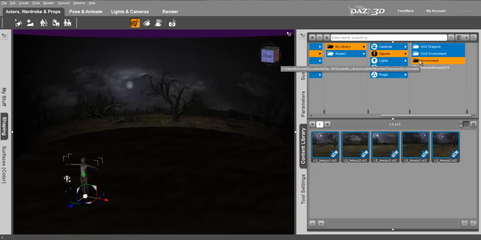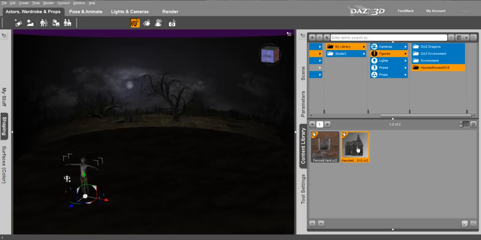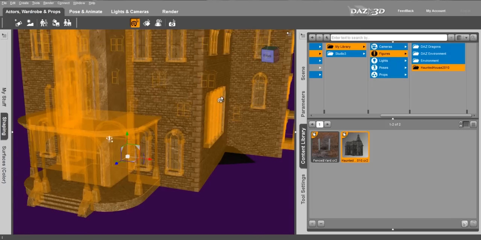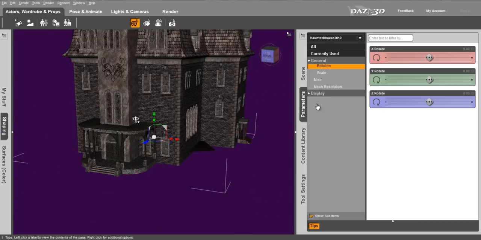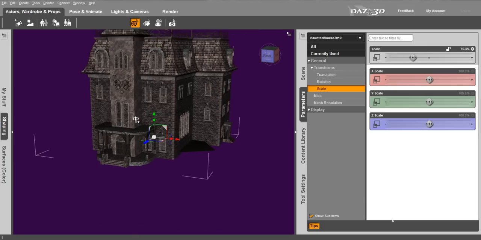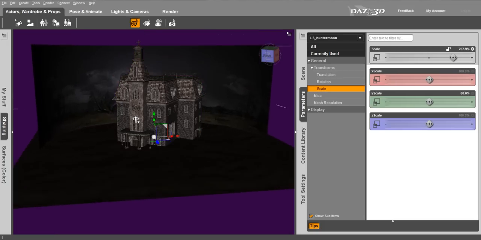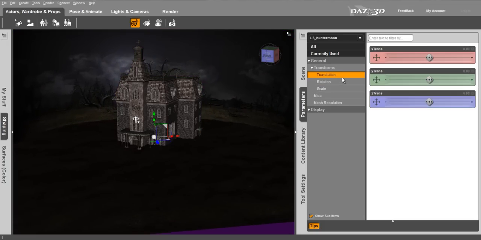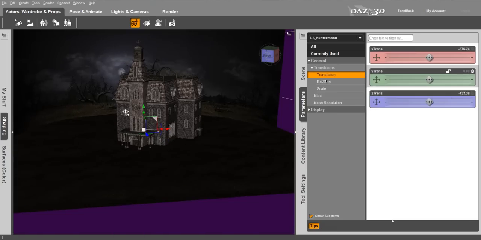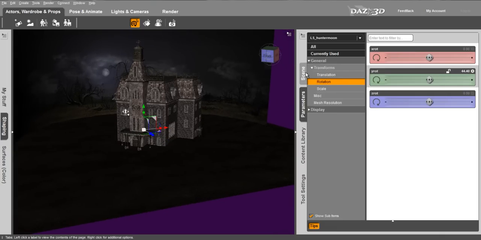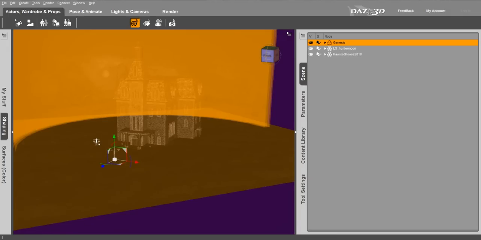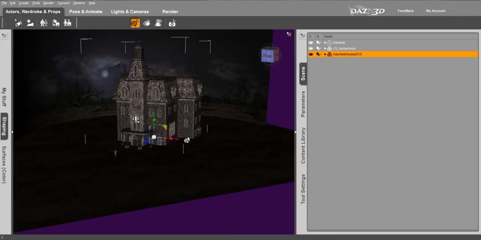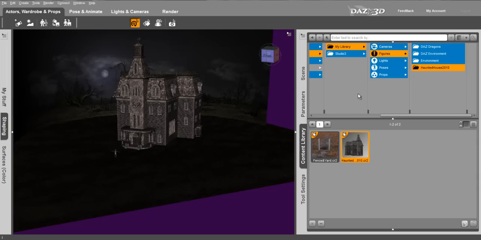And then we want to go in and find the Haunted House 2010. This comes in fairly large, so we want to scale it down. Make sure it's selected, do the overall scale down to where we want, and then we want to scale up the Hunter's Moon. And once again, we also want to rotate that around to make sure that the moon is where we want it. Alright, so once again we're going to move the Genesis figure, the zombie, out into the front yard of this haunted house.